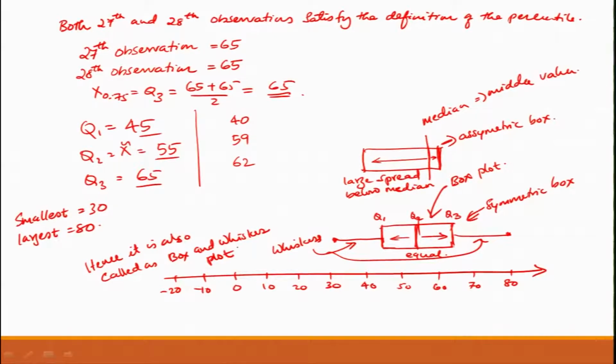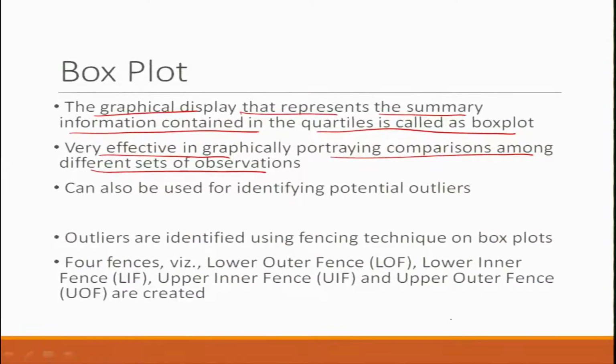Okay. When you connect the smallest and the largest values with the box, then it becomes the box and whisker plot. So, this is only box. This one is box and whisker, you can see that the bottom one is the box and whisker plot. Now, armed with this, we can also say that the box plot is also a good tool